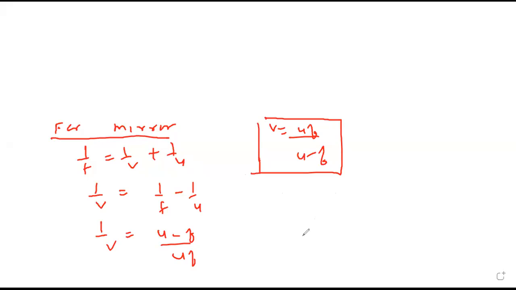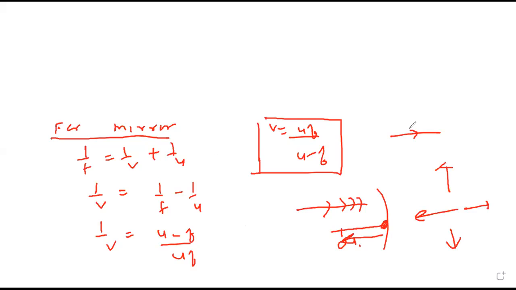Convention you know, na? Left hand side negative, right hand side positive. Above positive, below negative. In the direction of incident ray, positive; opposite to incident ray, negative. If the object is from the center and I'm going to the left, which is opposite of the incident ray, it is taken negative. So remember: left negative, right positive, up positive, down negative. In the direction of incident ray, positive. If you are measuring something opposite of this, negative. This is all convention you have to remember.